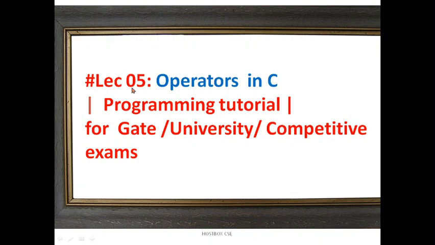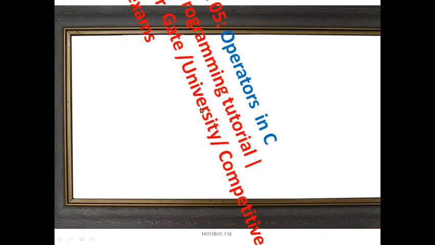Also, if you want to crack any IT company placements, university GATE or any competitive exams, these are the fundamental ones and will definitely be helpful for you. Understand them first, and only then in the upcoming sessions can you see examples with runtime execution, online or offline, whatever there. Let's go for the session today.